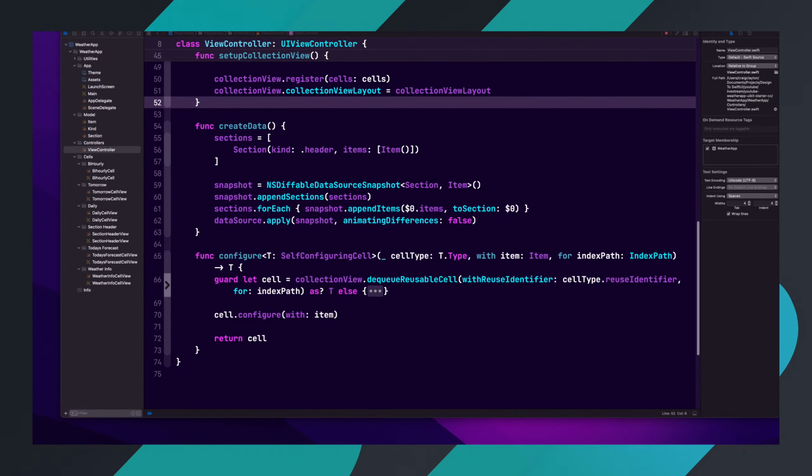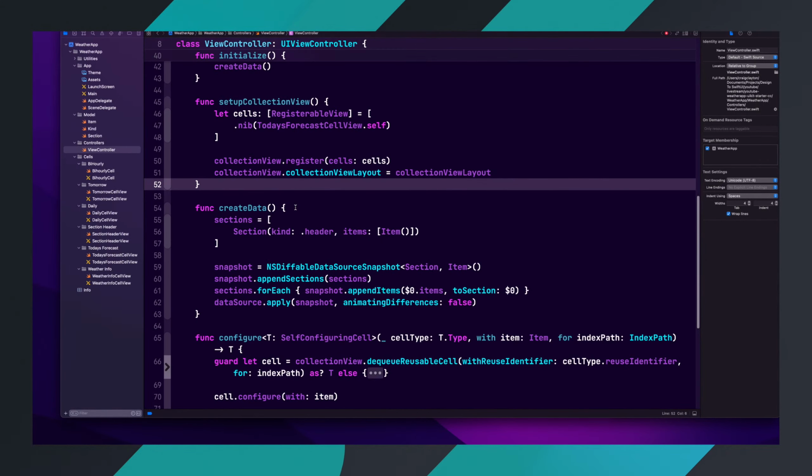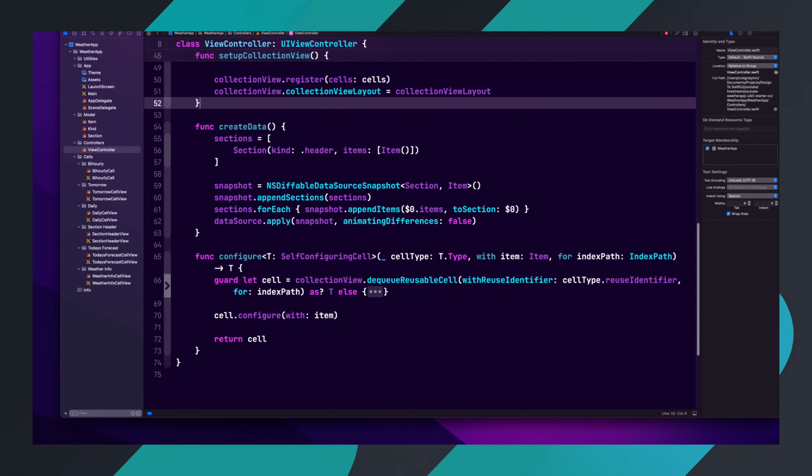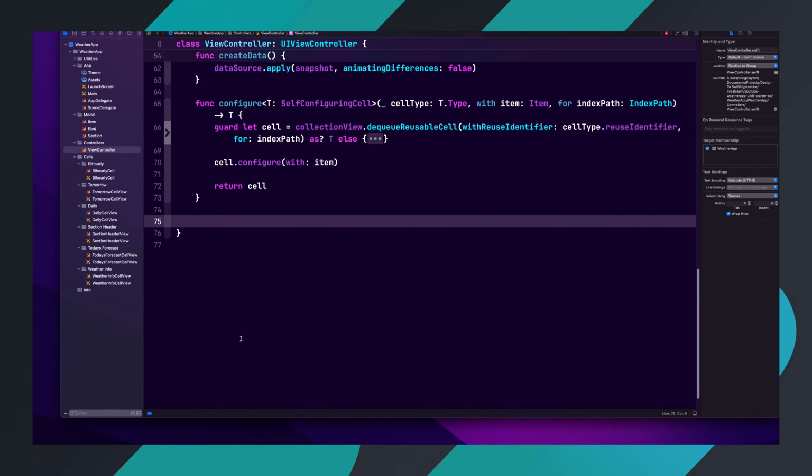Okay, so we've got one more thing that we really need to do before we can run anything and see anything. Well, two more things. We still have to set up our cell, but we need to set up our data source. So let's create that function, and then we can move to the cells and the lovely auto layout. So we're going to do configure data source